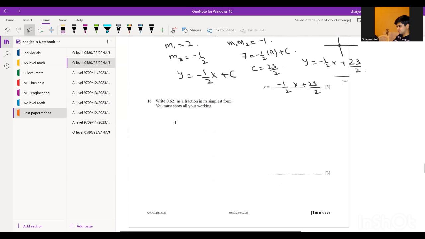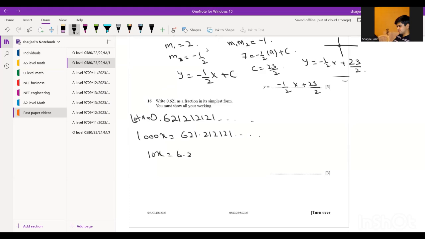For question number 16, this is called a recurring fraction. Basically, if you expand it, this will become 0.62121221. They have placed the dots on the two numbers which will repeat. So this is the fraction. We will suppose that this is equal to x. We will multiply it by 1000 to get 621.212121, and then we will multiply it by 10 to get 10x equal to 6.212121. Now we will deduct 10x from 1000x